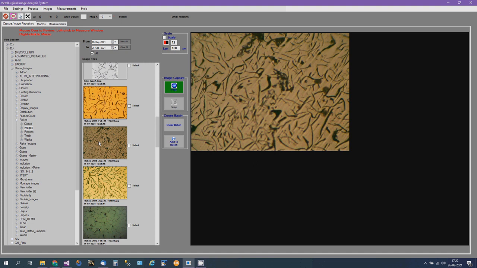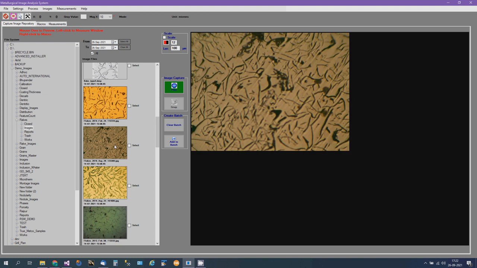The images that we see here are formed after the polishing process. We do the graphite analysis, here it is flake analysis, and after doing the graphite analysis we transfer the data to phase analysis and do etching and phase analysis. Like we did in nodularity, we can also save the data, and in phase analysis we can import the flake data and do the phase analysis. So let us start on flake analysis.